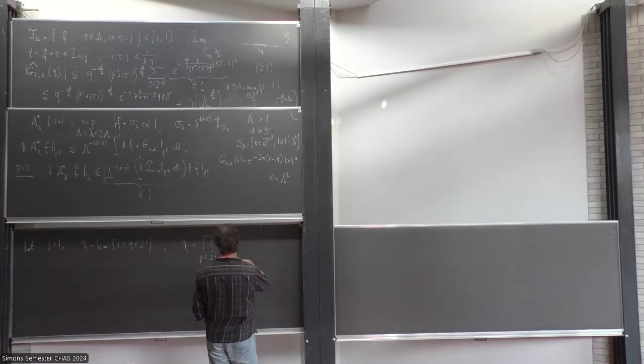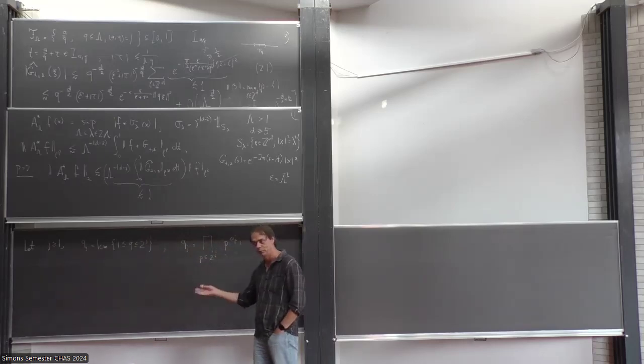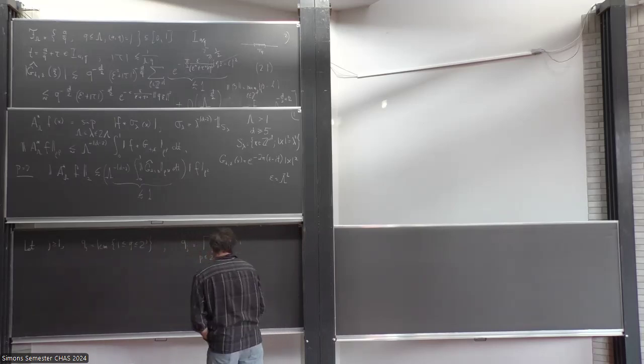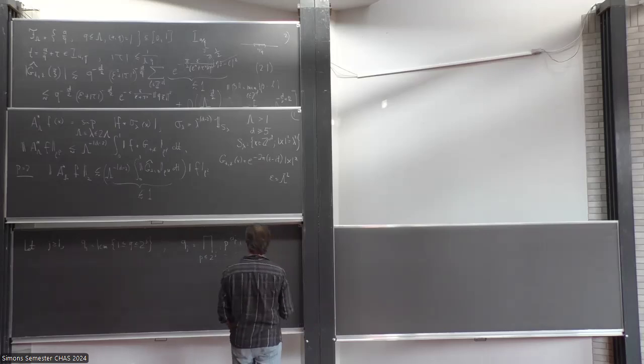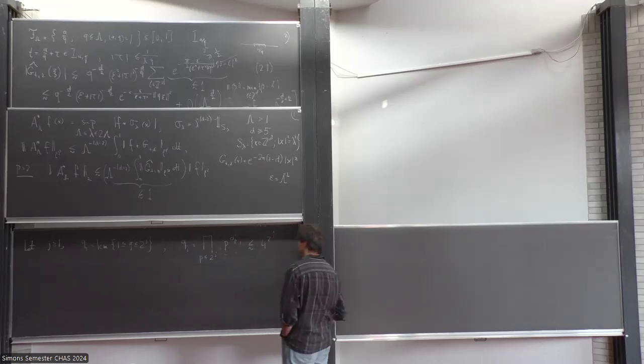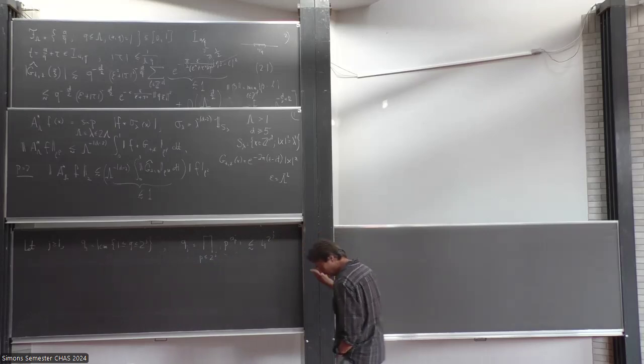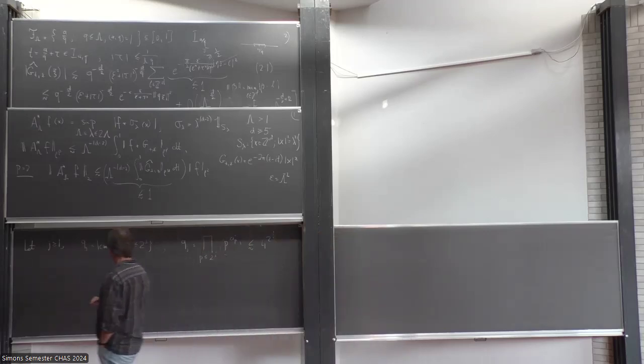And then all these terms are multiplied by 2 to the j, and how many primes do you have? 2 to the j over j. So if you think about this, this will be bounded by essentially e to the 2 to the j, but certainly if I choose something larger than e. So I will keep this in mind, that we will use later.